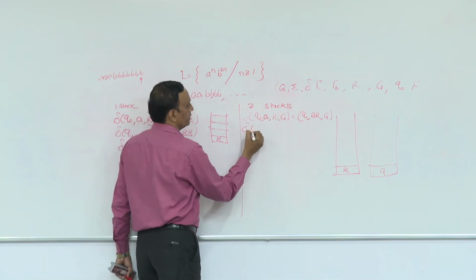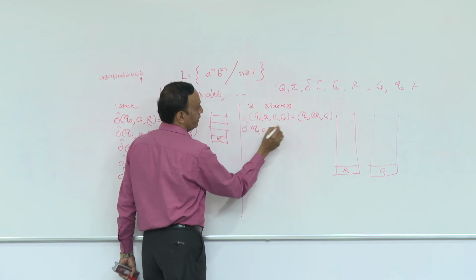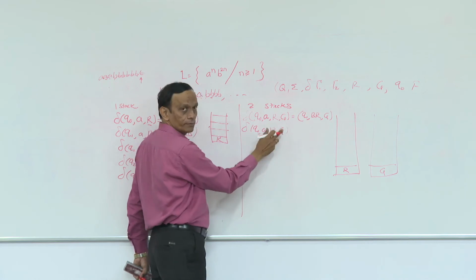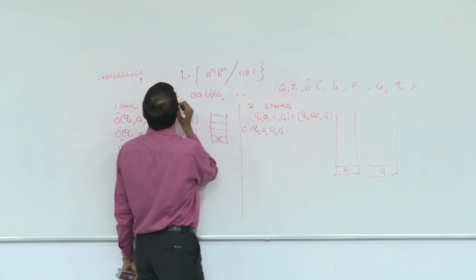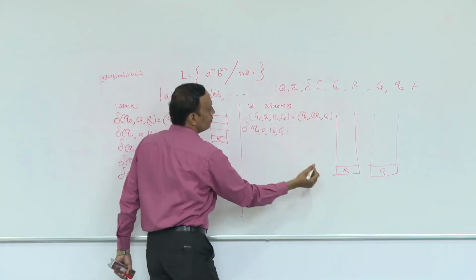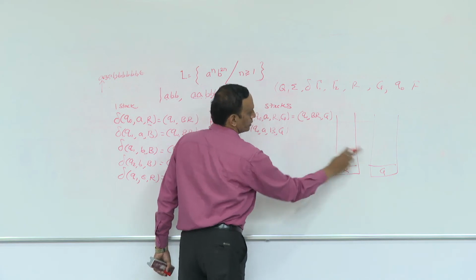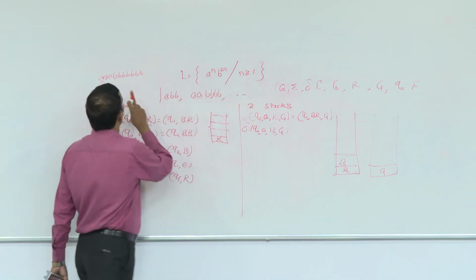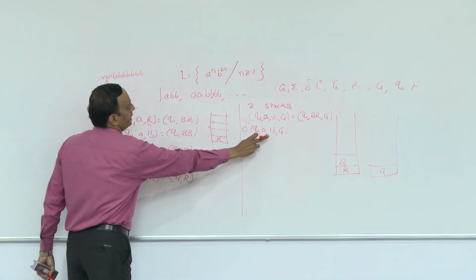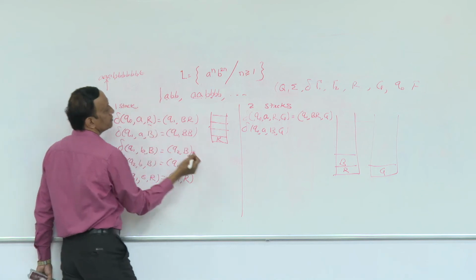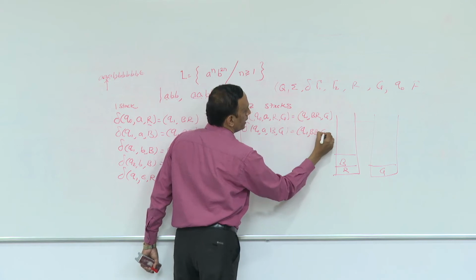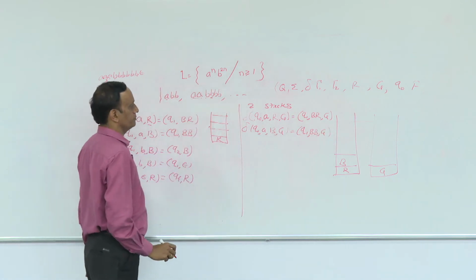Now the second scenario: I am in Q1, I got A, and at the top of the stack I have B, and the same G is there. For the first A, we pushed a blue plate onto the first stack, so there is no change in the second stack. Now we got the next A, the second A, Q1 A. Now we have blue and green, so it should give Q1, BB, and let G be as it is.